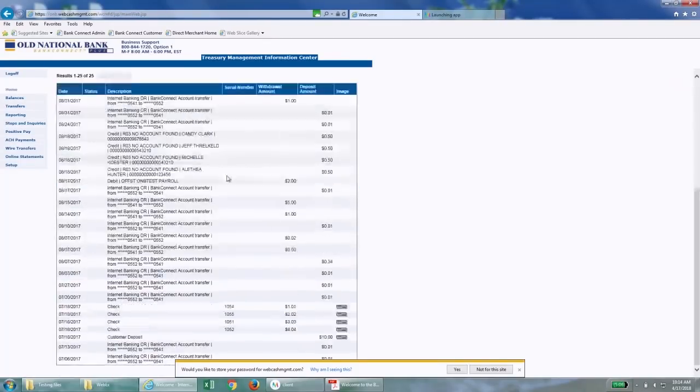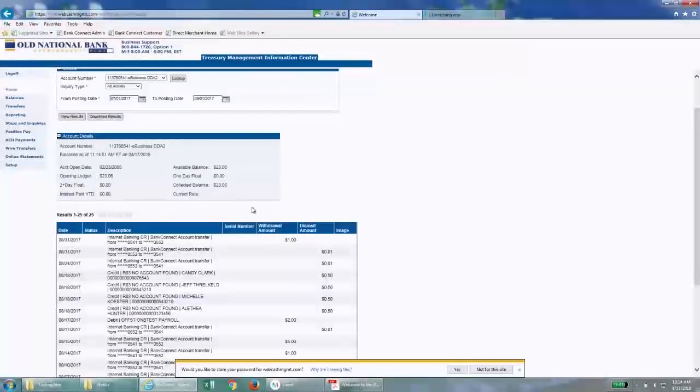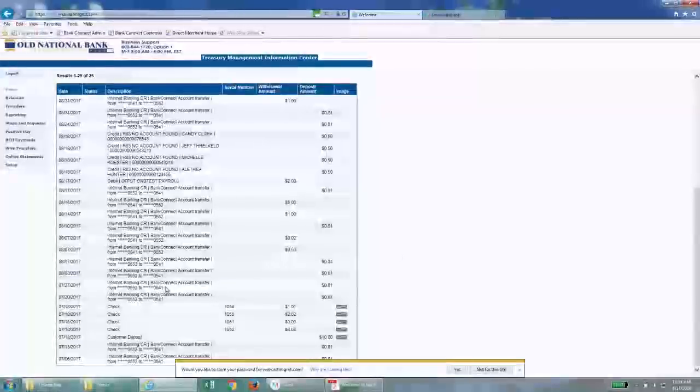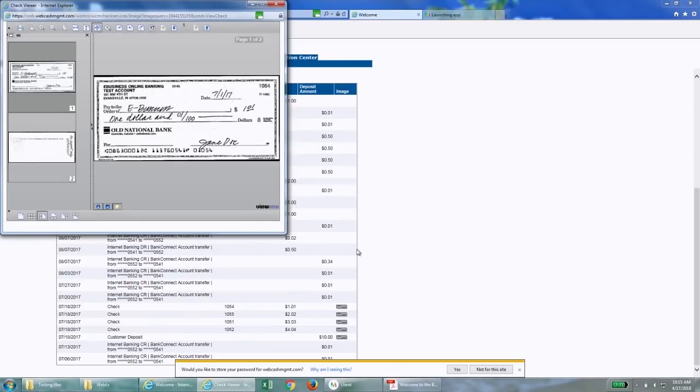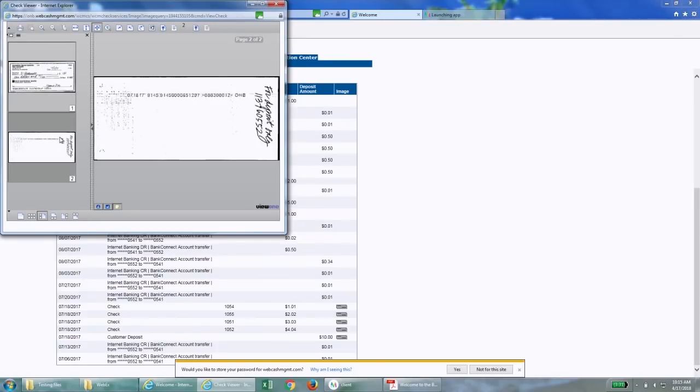When I hit View Results on here, it gives me results 1 of 25. And if I scroll down here, I'm also going to see some checks. So you'll notice on 7/18 there was a check for 101, and there's a little image box to the right-hand side. If I just click that image box, it's going to pop up a check here. So you can see the check for your records, any check that you've written that has cleared your account. It will show front and back. If you just click that bottom part, it shows the back of the check, and then we can close out